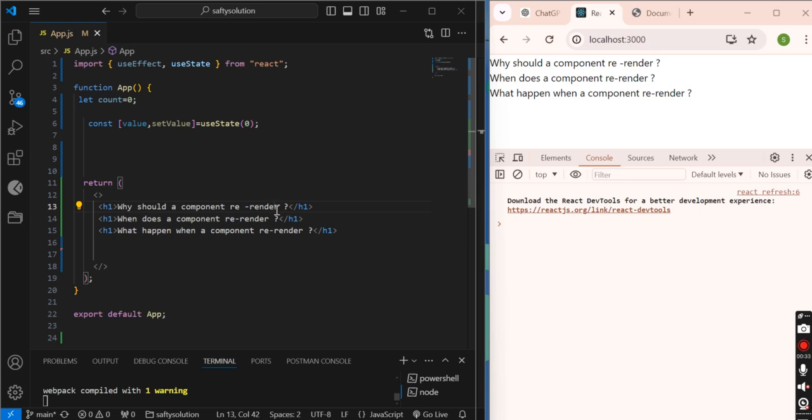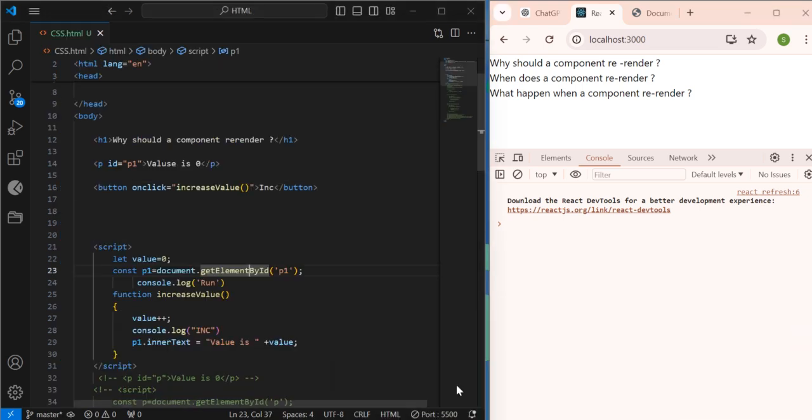So the first question is, why should a component re-render? We know that a React application is made up of a combination of many components, right? So why should a component re-render? This is the question. To understand that,